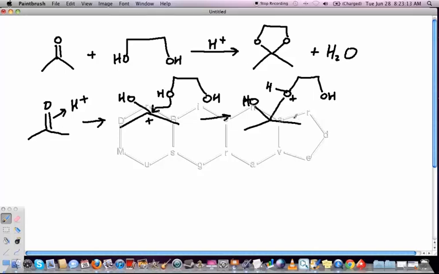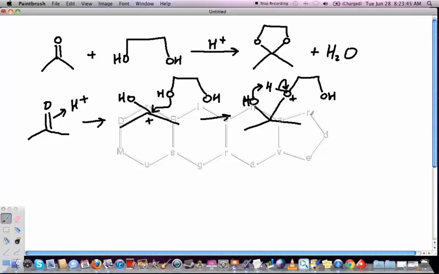Now as we talked about before when we were doing these non-cyclic ones, the leaving group is always the one to which a proton will be transferred in any proton transfer step. We know that this OH has to go because if you look at the product, there's no OH present anywhere in this product. So we know that that has to be gotten rid of. And a natural way to do that is to transfer a proton to that. So that's what we're going to do. We're going to transfer the proton from here